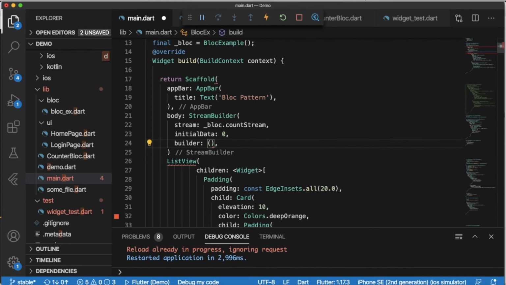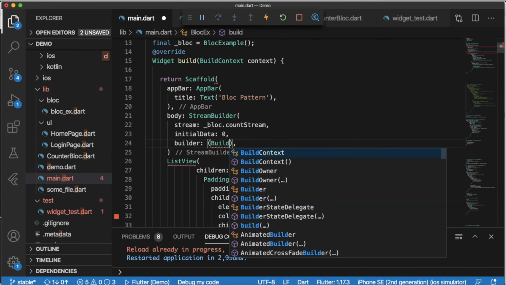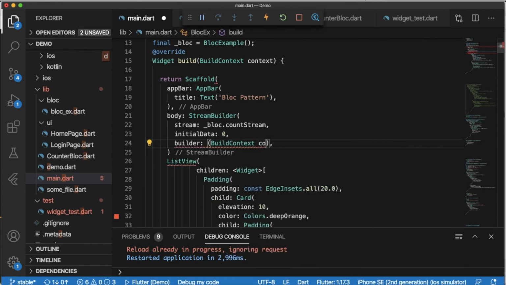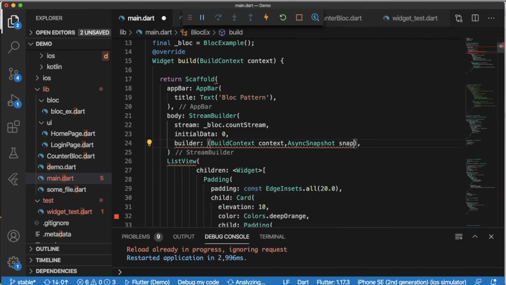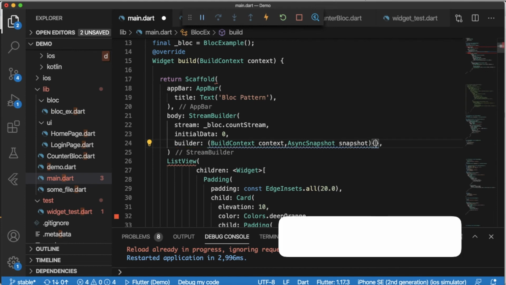One would be our build context, and second would be async snapshot.